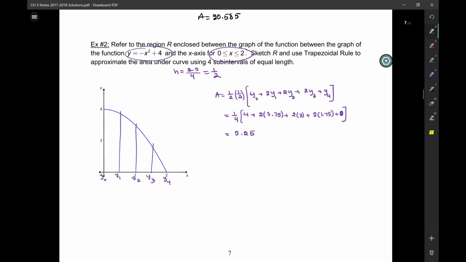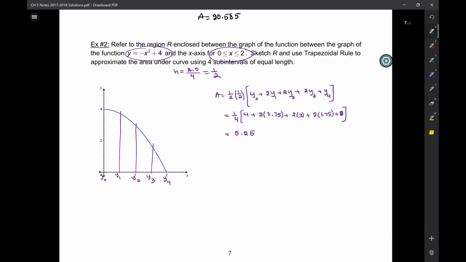Okay, so tips and tricks. I must have plugged in my calculator wrong because I did all of that. Tips and tricks. Here's what I do. This is the first x. I call it 0, like the 0th x. And here it's going to be y of 0, y1, y2, y3, y4. So when I write it out, it's going to be half times a half, 1 y0, 2 of these, 1 y4, and then I know what to plug in. So here it's going to be 2 of